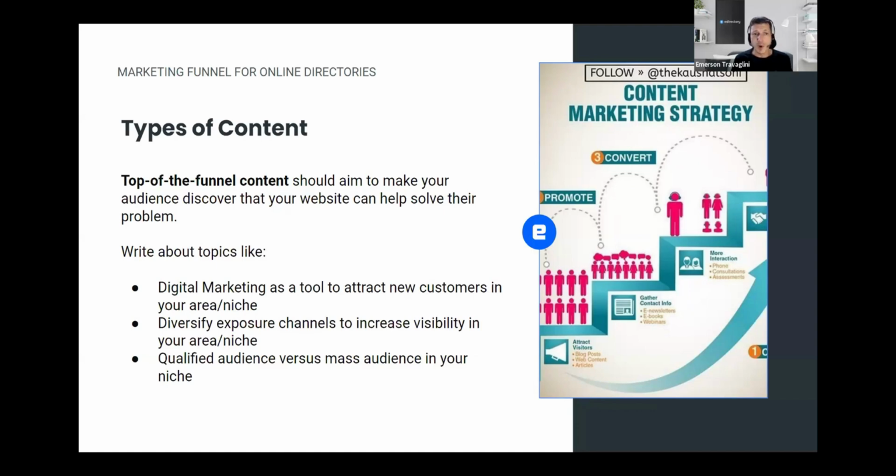So you can write topics about digital marketing as a tool to attract new customers in your area. So, 10 reasons to advertise on the internet in Miami, for example. And diversify exposure channels to increase visibility in your area. And maybe qualified audience versus mass audience in your niche, because you know that the most successful online directories are niche directories. So the more you think niche, the easier it is to create content for your